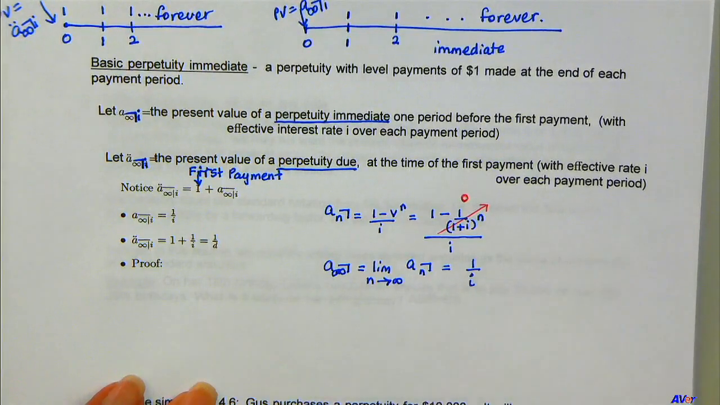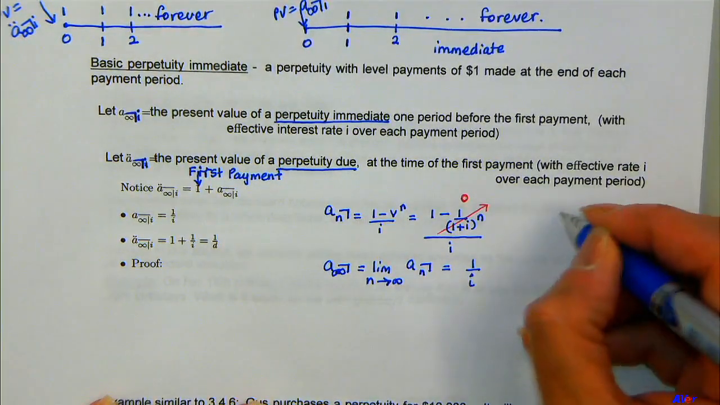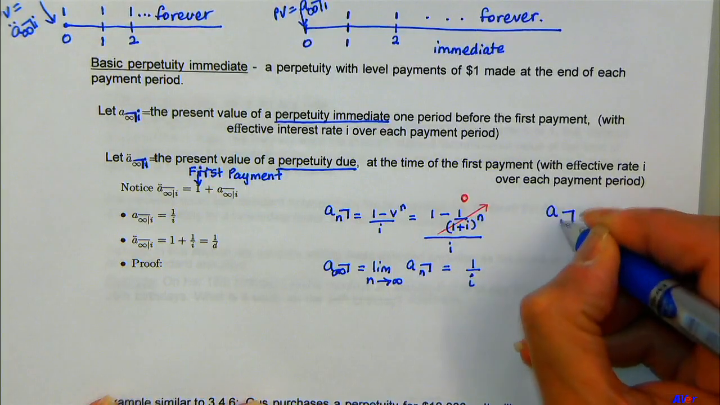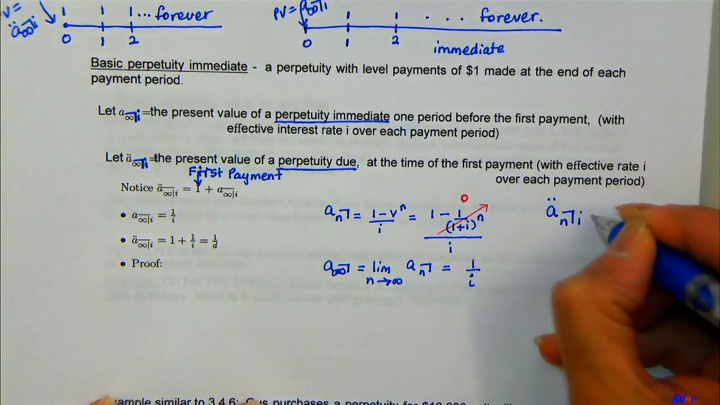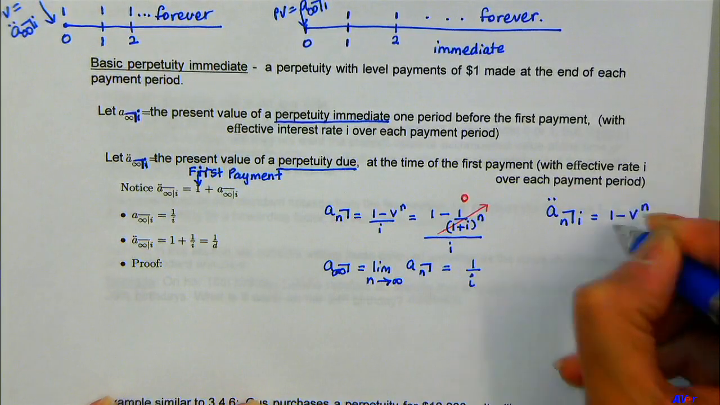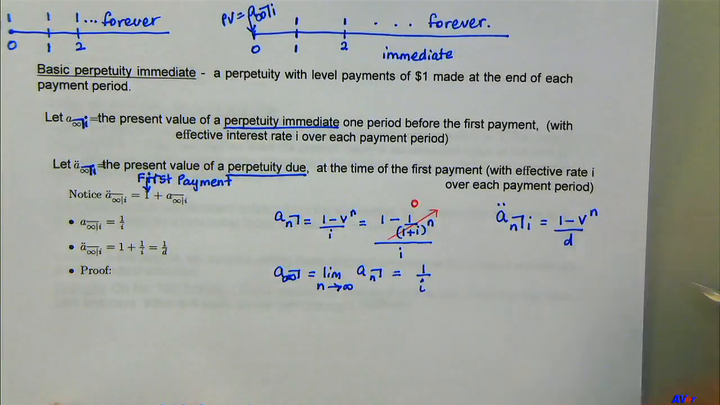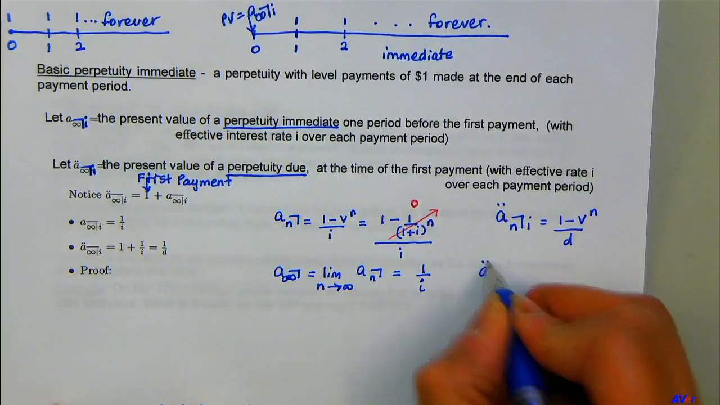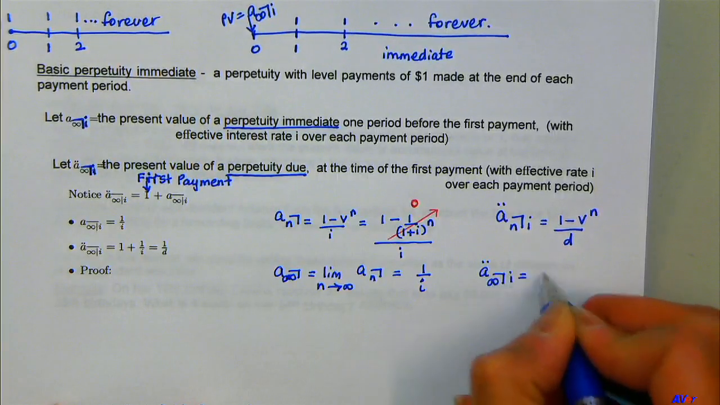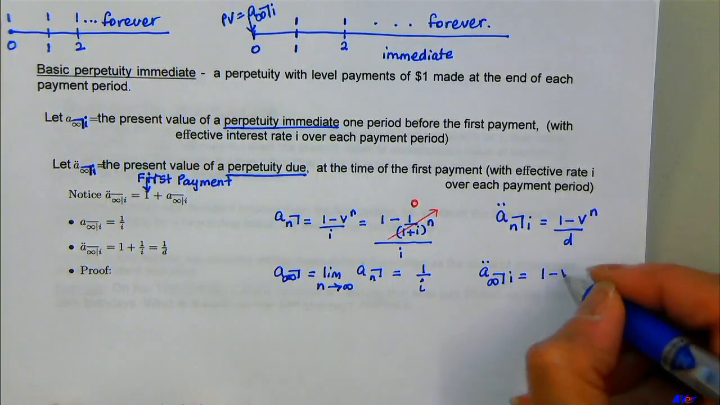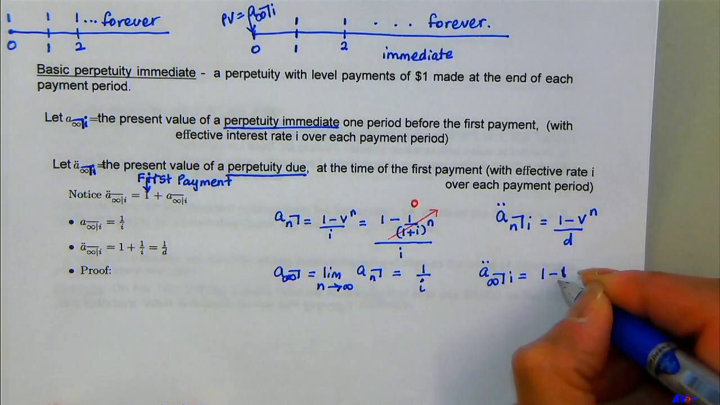And you also had ä angle n i is equal to 1 minus v to the n over d. We know that formula too. So ä angle infinity i is equal to 1 minus 1 over